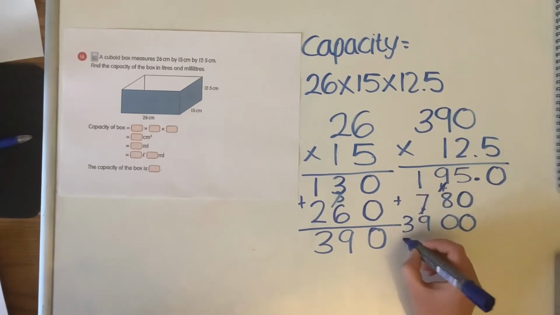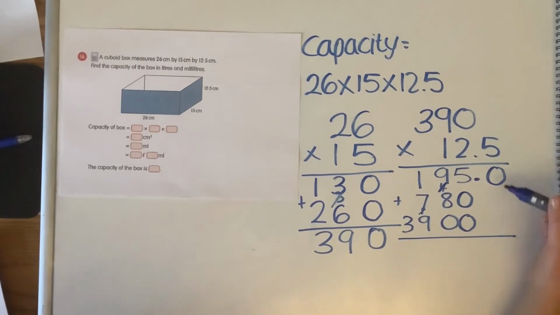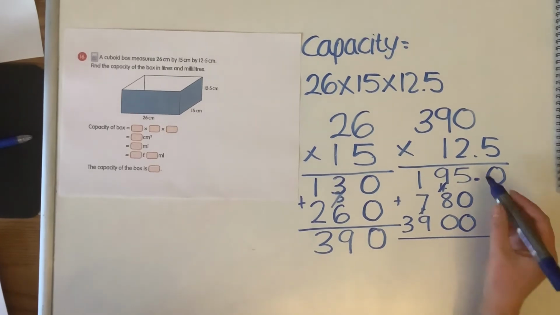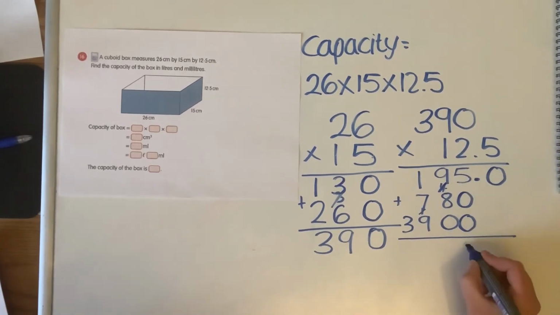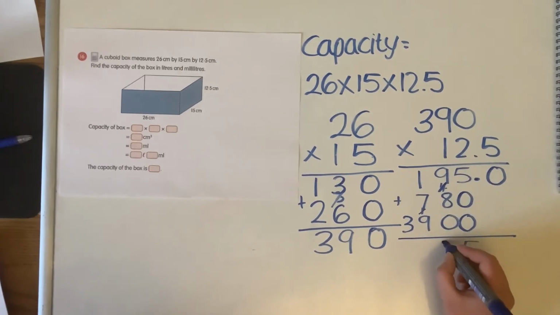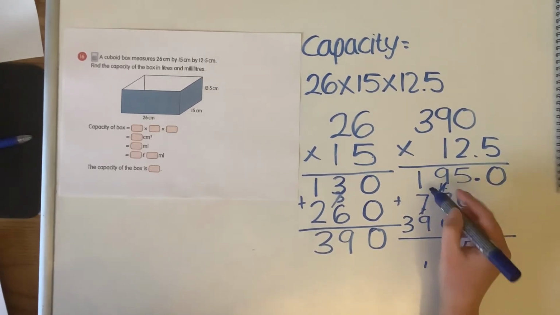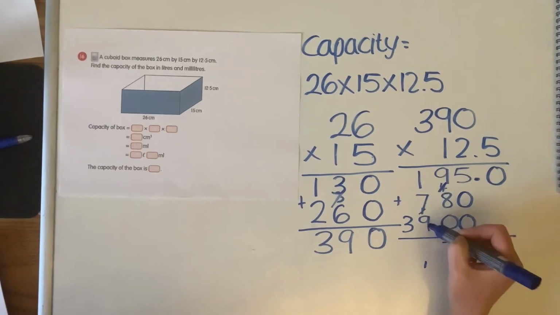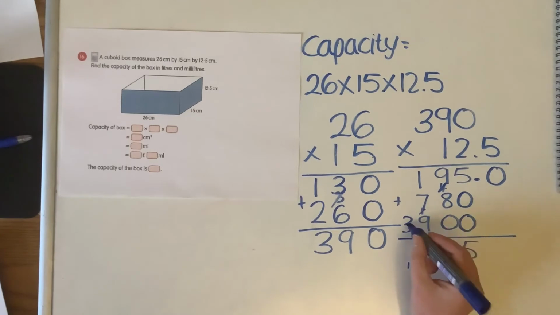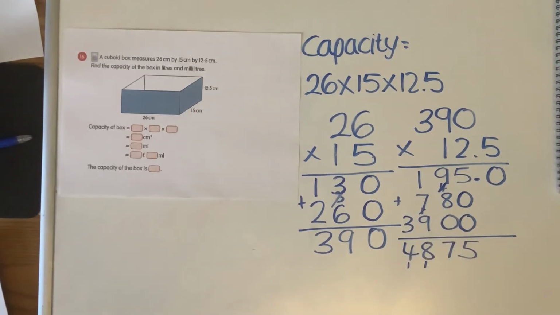Okay, now I'm going to add those up together. I haven't given myself a lot of space here. If I look at my decimal point, I've only got a 0, so I don't need to put my 0 here, because it doesn't mean anything. Then I've got 5, add 0 is 5. 9 add 8 is 17. 1 add 7 is 8. Add 9, add 1 is 18. Had to think there. And then 3 add 1 is 4. So I get the answer